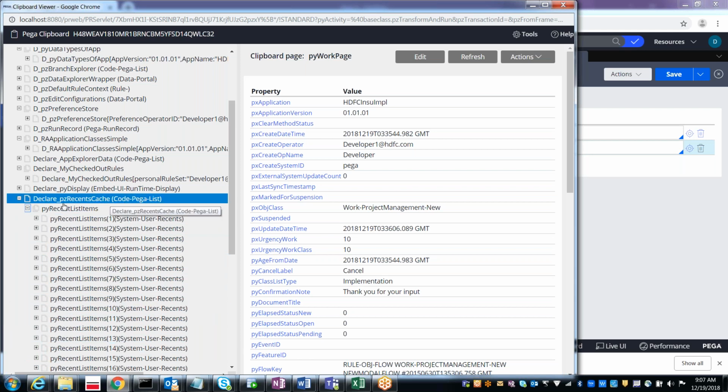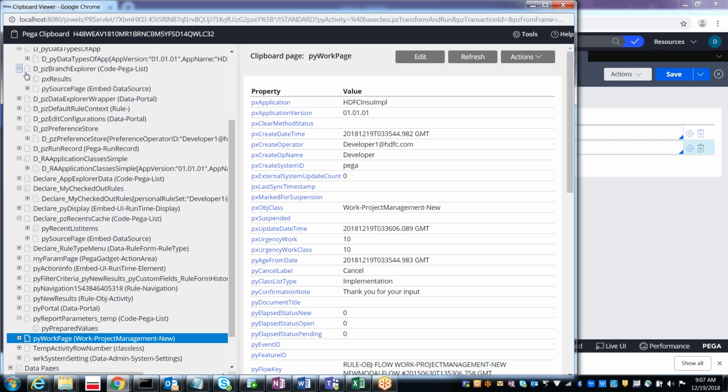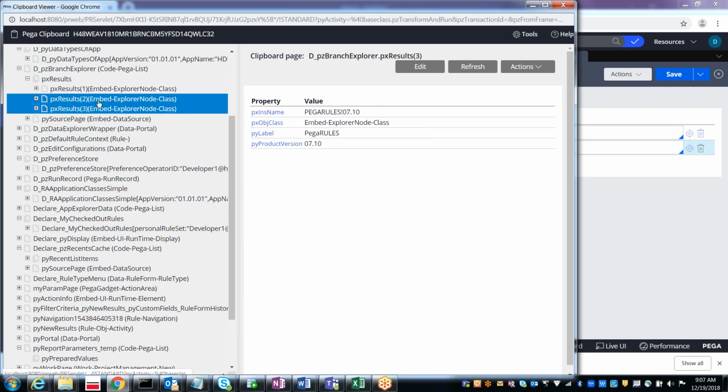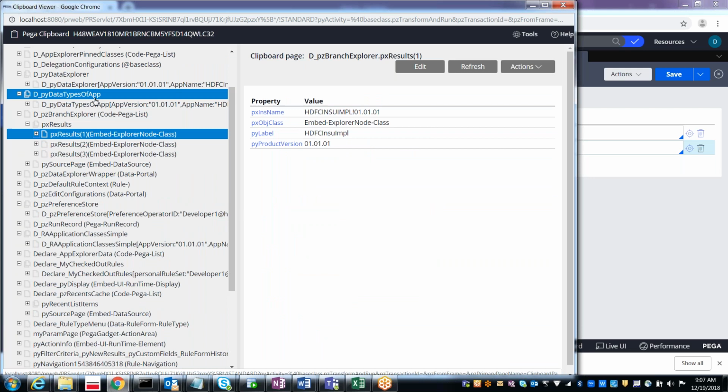So this code pega list refers to multiple pages. Likewise, if you have multiple pages, we can go for the code pega list property. This branch explorer also has px results: 1, 2, 3. This refers to one record, this one record, this one record. So if you have multiple pages, you have to go for the page list property, not the page.